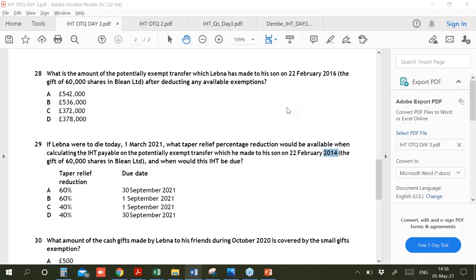Thank you guys who have answered A. Your answer is correct because, what some of you have missed is the point that after the end of the month in which the death happens, you have to add 6 months. So 6 months after the end of the month in which the death has happened. The death has happened on 1st March 2021. You'll first take the end of the month, 31st March, then add 6 months, so it will become 30th September. So 30th September is the correct answer, not the 1st September.